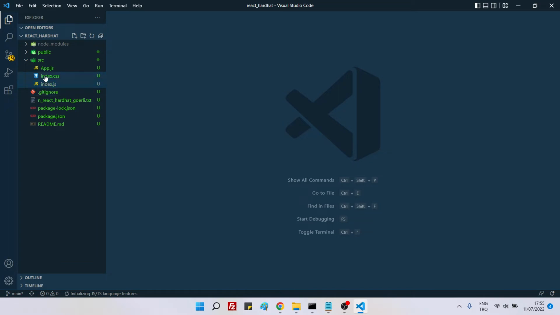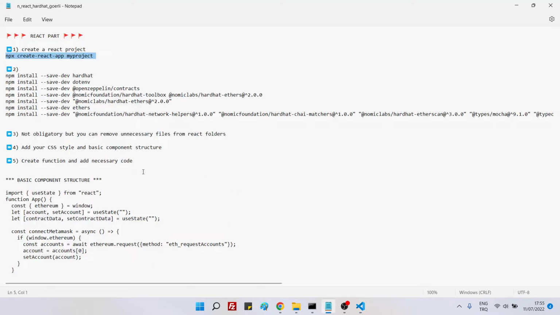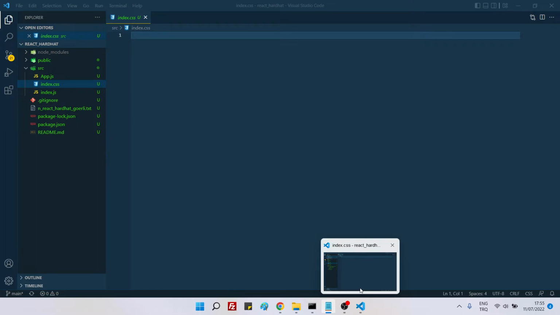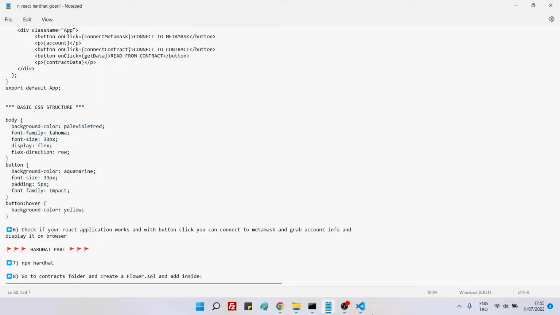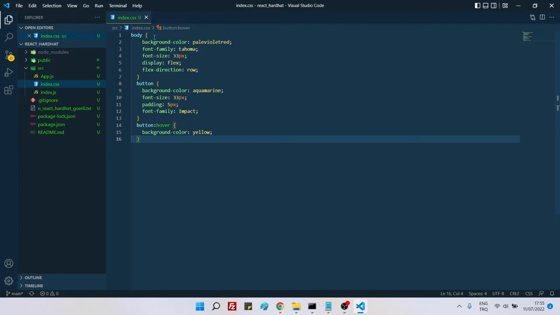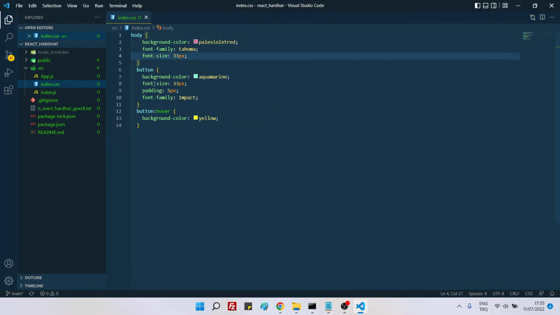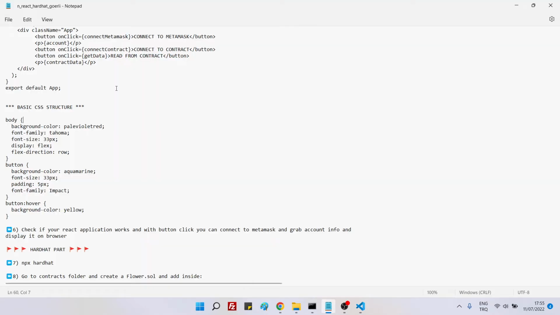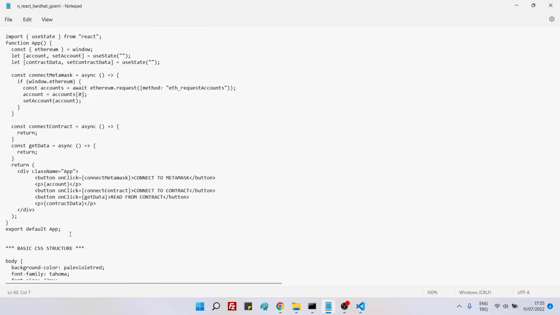The first thing to do is to add some style to our index.css. I have created this simple style. It's really simple, as you can see. It's just three elements. Yeah, just paste it. Once you have done that, and actually we don't even need flags. So yeah, it's fine. So let's close this, and then let's go to our guide again, and this time let's